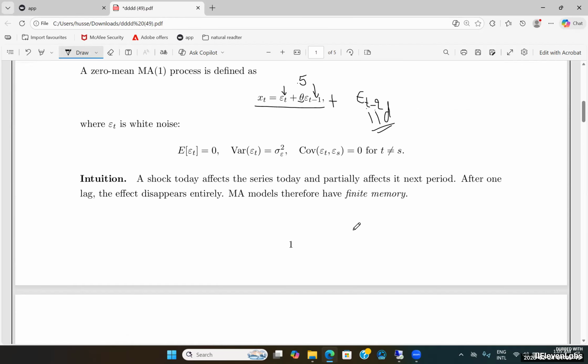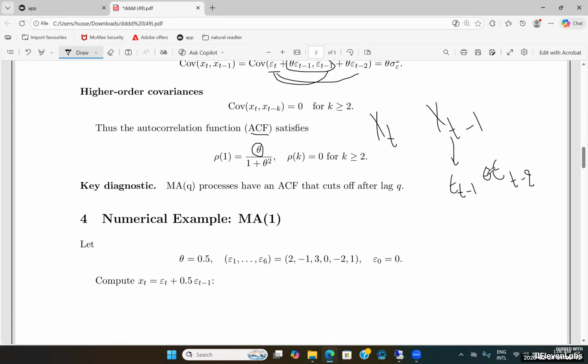And this, the variable xt minus 1, is determined by the parameter theta, because this xt minus 1 actually consists of 2 distinct components, one of which is the error term from the previous time step, t minus 1, and the significant error that occurred in the preceding time period. So the error components present within the xt variable are directly causing the autocorrelation observed between xt and its preceding value, xt minus 1, a relationship which is then quantified by theta.